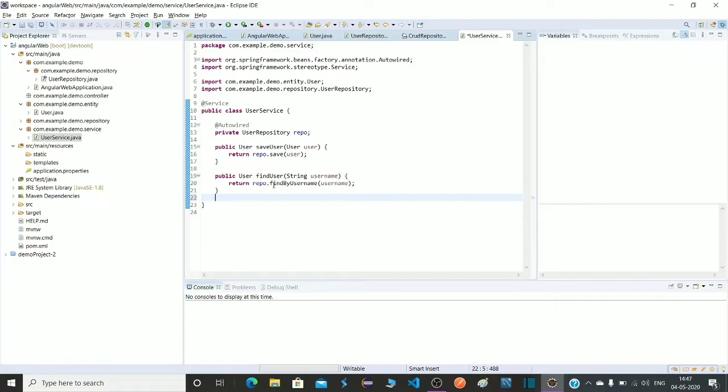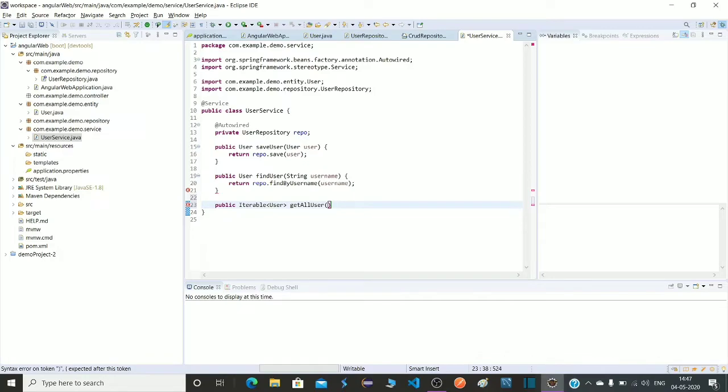So it is findUser, and let's create find all users also. Public, and when we are retrieving all the records from the database, we have to store that data in an Iterable. So I am taking Iterable as the return type, and here I am mentioning the type of the data, it is User, and the method name I am taking is getAllUser.